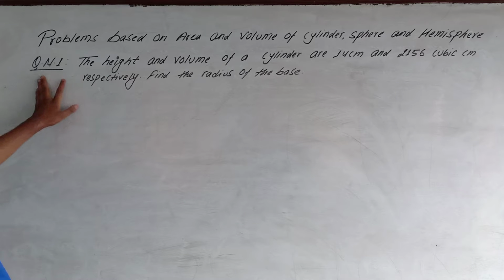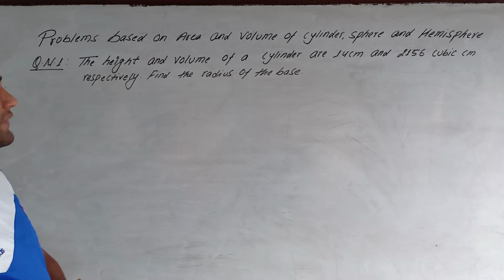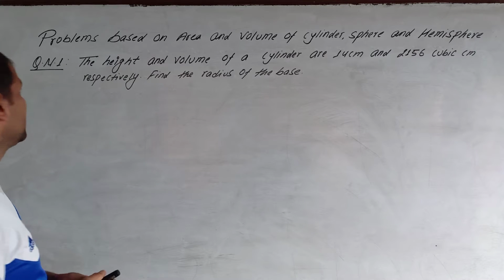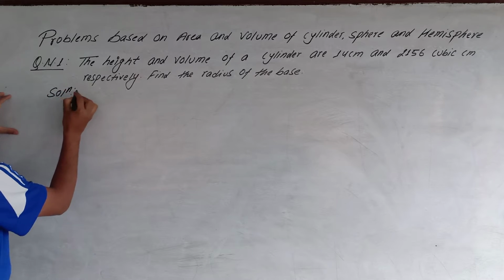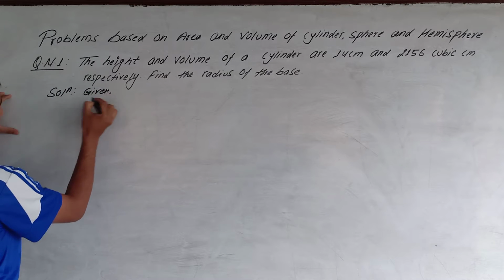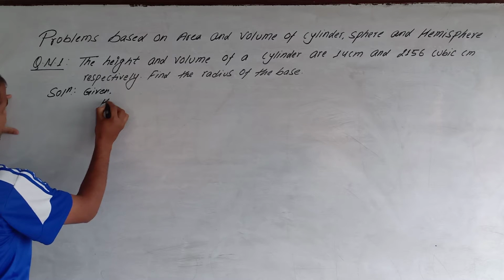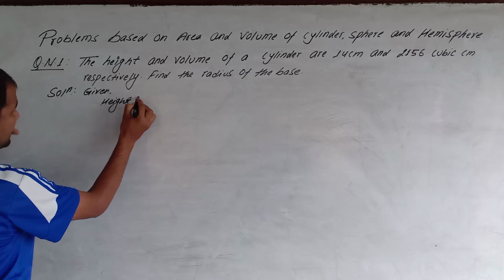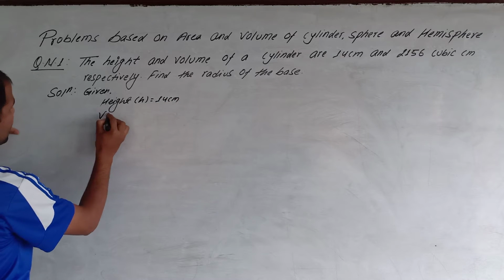So our first question is: the height and volume of a cylinder are 14 centimeter and 2156 cubic centimeter respectively. Find the radius of the base. So firstly we write here the solution. Given: the height and volume of the cylinder are given. So height of the cylinder h is equal to 14 centimeter